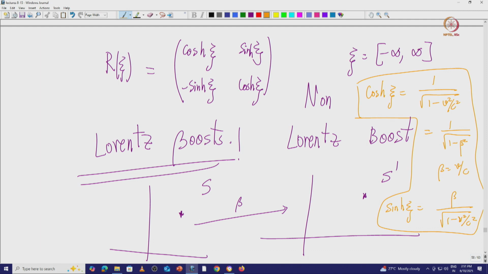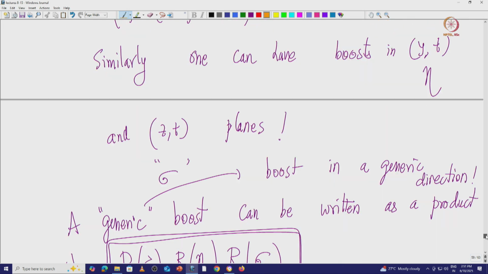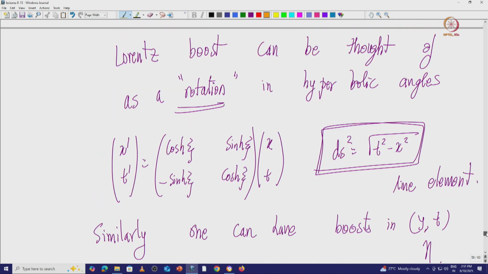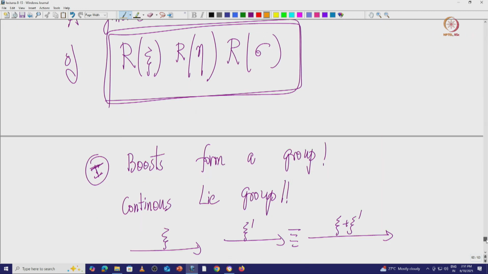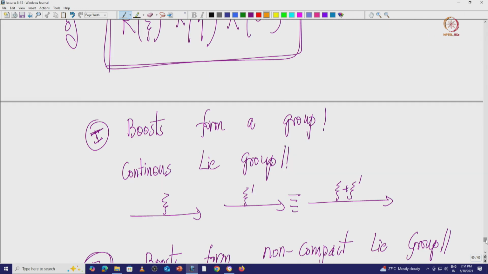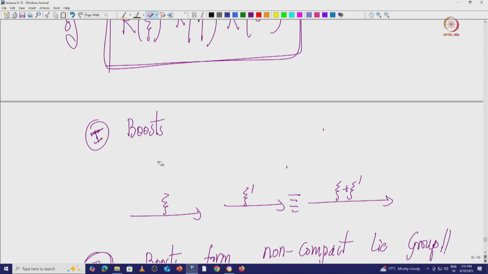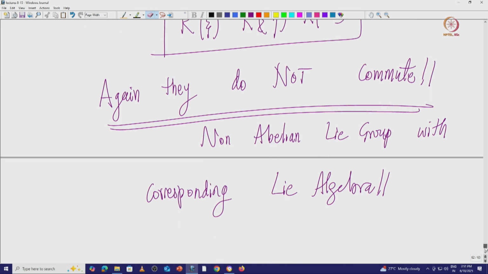Now the point is that boosts, I think yesterday I said that they can form a group. Well, one can have boosts, which conserve this line of movement. You can even think in terms of rotation, but technically they don't really form a group. What I said is not completely correct because they don't close into each other. We represent it like a group, but boosts don't really form a group.